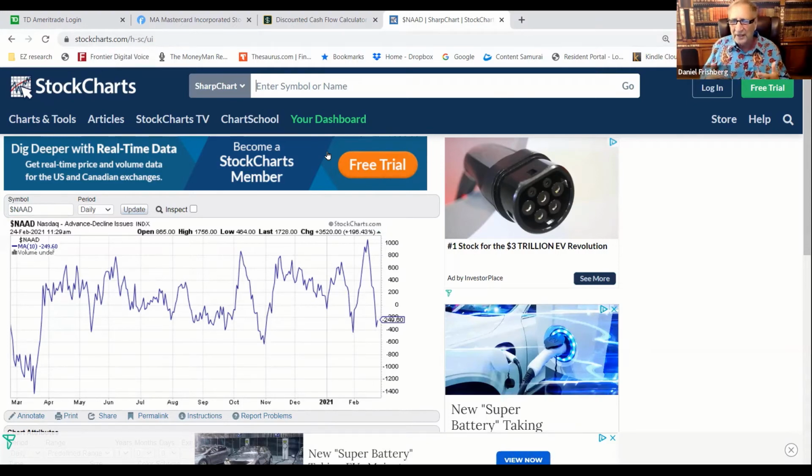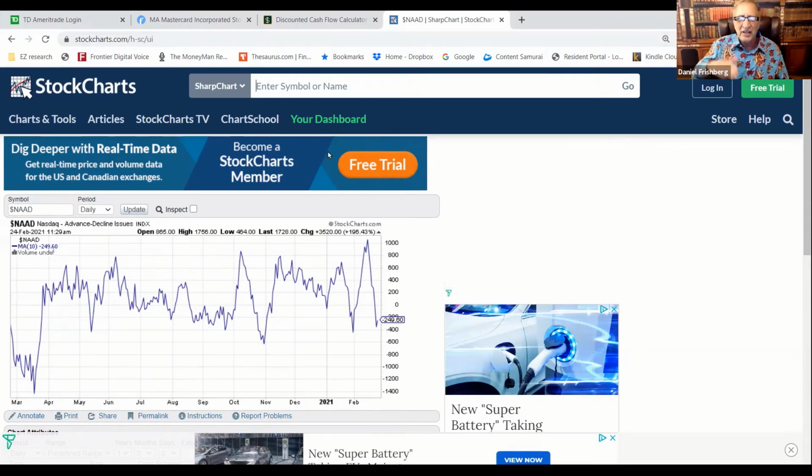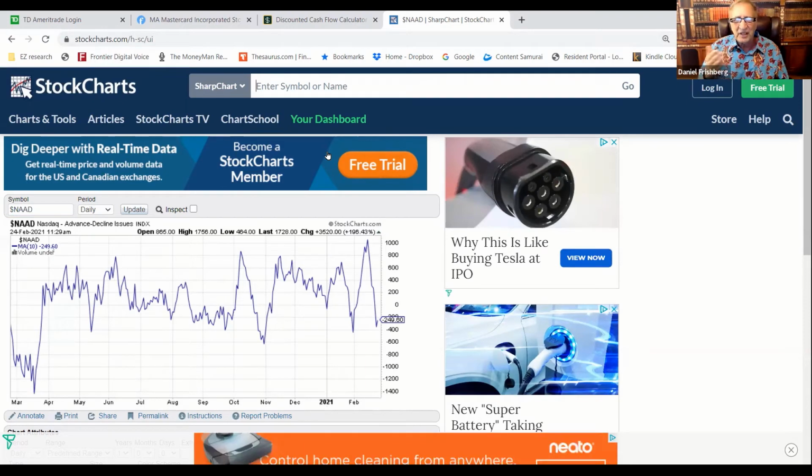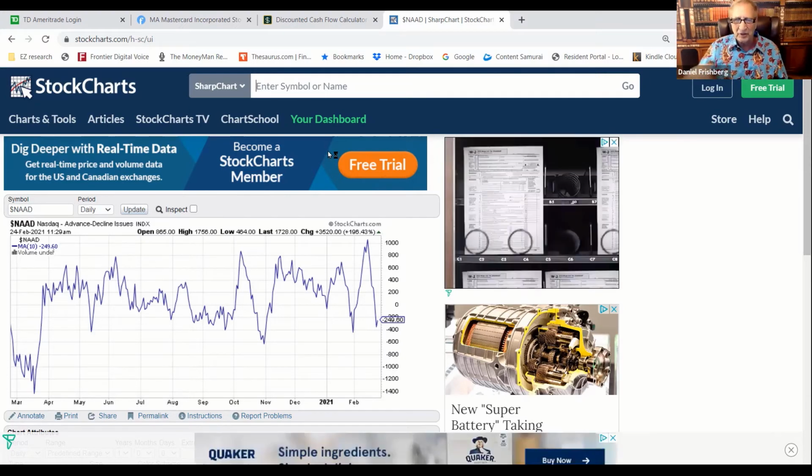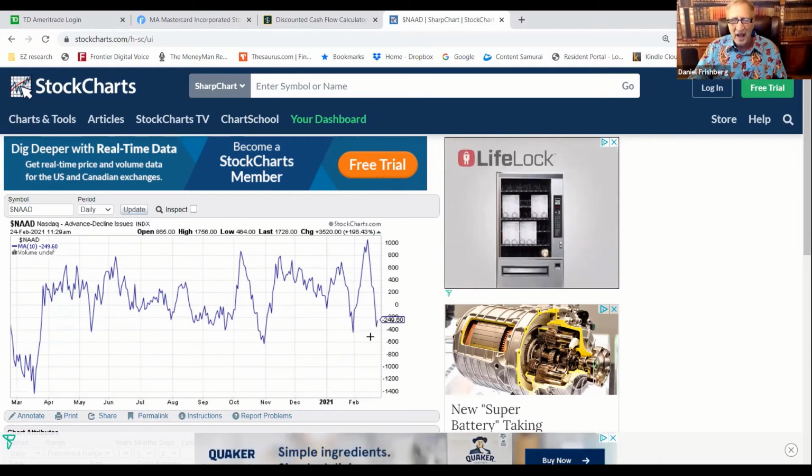As people start to feel better and better about their position and want to buy, the number of advancing issues increases and the number of declining issues goes down. So this line you're looking at here is the 10-day moving average of net advances versus decliners, advances minus decliners, in this case. As they feel better and better, they're buying more and selling fewer things. Really very few people are doing it at the bottom, and the prices are advantageous.